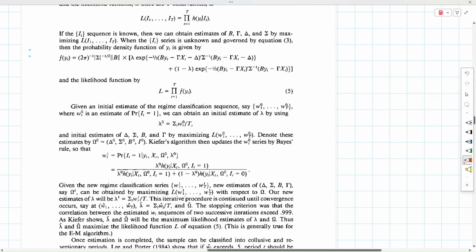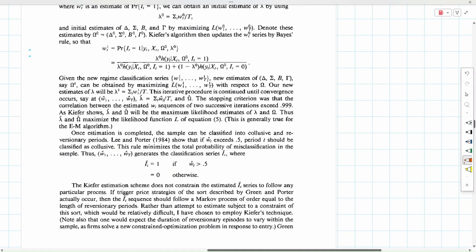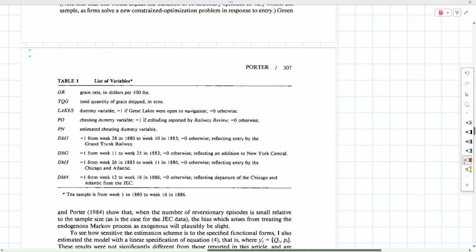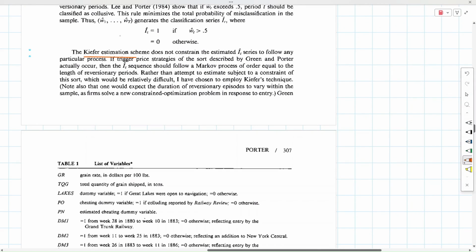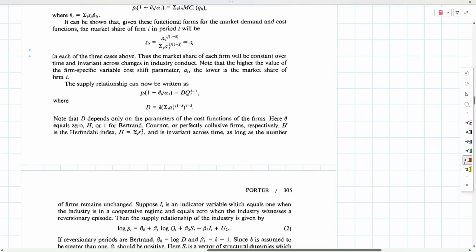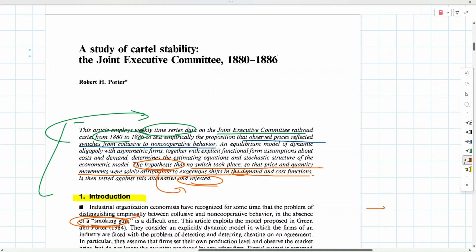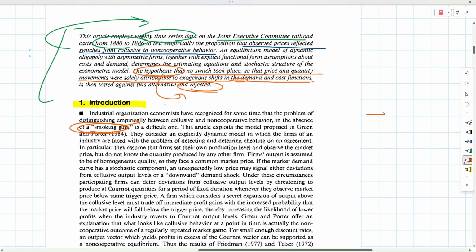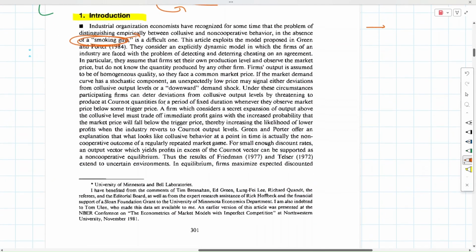There are a lot of new, very advanced econometric techniques that have been used, Kiefer estimation and so on and so forth. Because I know the results, I know whether the Kiefer estimation is extremely crucial for the paper or not, or whether knowing the theory of the technique is important or not. So that helps me understand what I need to focus on. In most cases, you do not need to know the entirety of the paper unless you are doing a PhD on cartels itself. So it helps you decide on what you want to focus on, and that is how I in particular read academic papers.